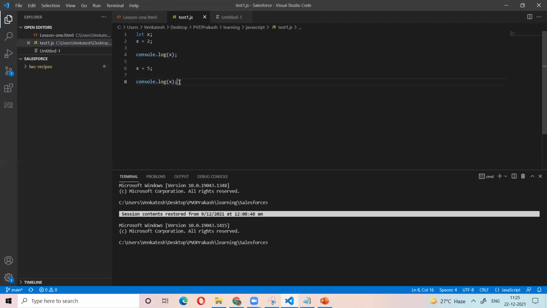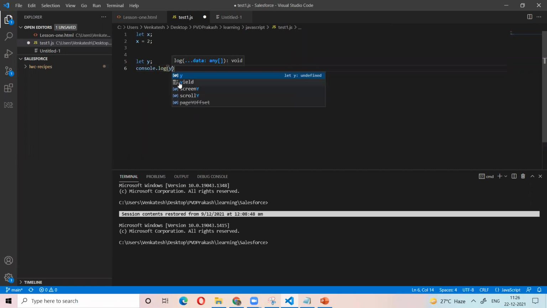Understood. So in this way we can define so many variables, like y. For example, here is y. So what is the value here? Two things are there: one is the declaration of the variable, the second is the assigning of the variable.